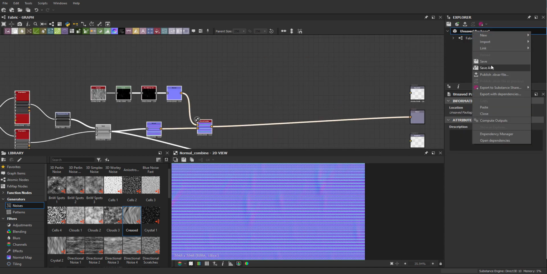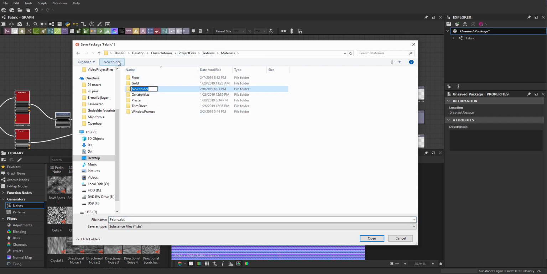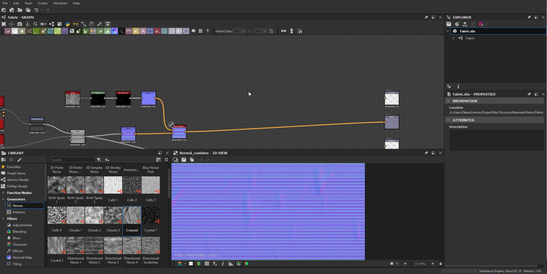So speaking about solid bases, let's just save our scene. I'm going to save it into textures, materials. Let's make a new folder called fabric. And in here, I'm just going to save it. Okay, so for our uniform color,